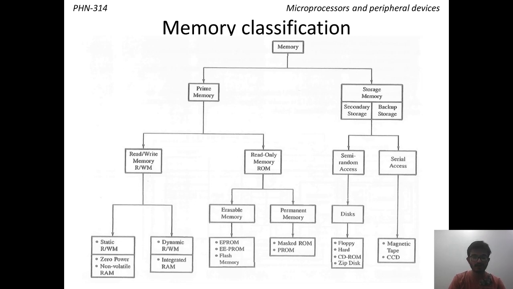This is comparatively more expensive and more power consuming than the dynamic RAM, which we will discuss in the next part. In high speed processors, that is Intel 486 and Pentium, static RAM is known as cache memory, which is included on the processor chip for increasing the performance of the programs. Coming to the dynamic read and write memory, which is also called DRAM, this memory is made up of MOS transistors, that means metal oxide semiconductor transistors, and it stores the bit as a charge.